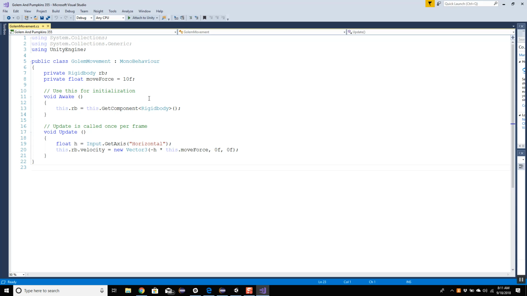Okay, so here's our golem movement. We went ahead and grabbed the rigid body. So we had these two private variables up here. We have the rigid body, which we set here in awake. Remember that the default script has a function here called start. Awake actually happens before start happens. So start is once the script is running. Awake is when the script is first starting up, but it hasn't